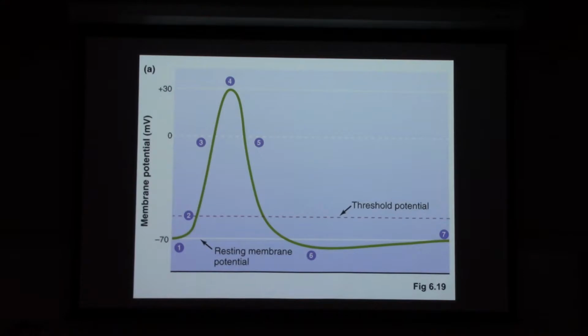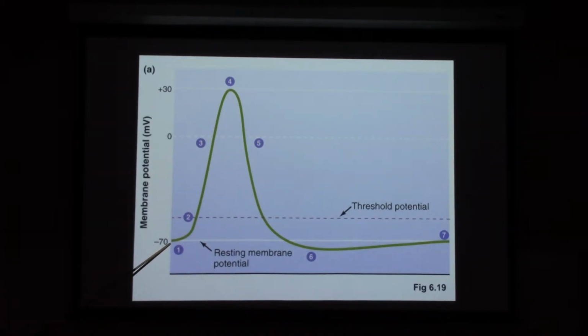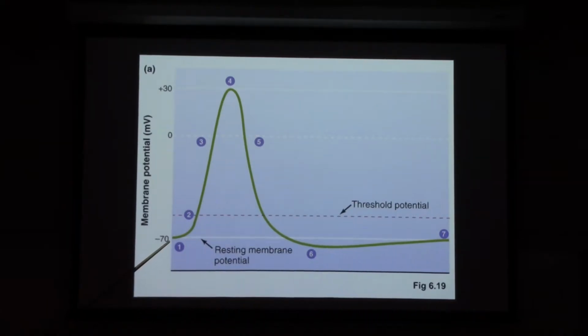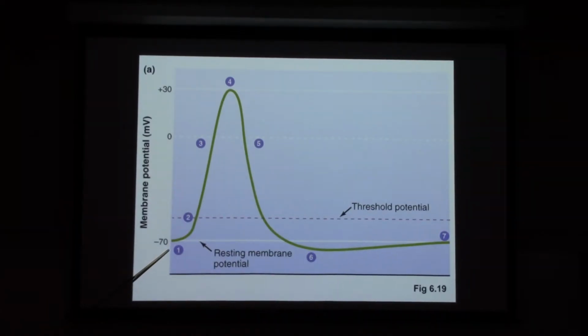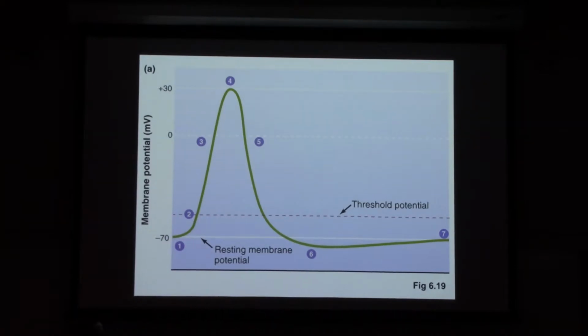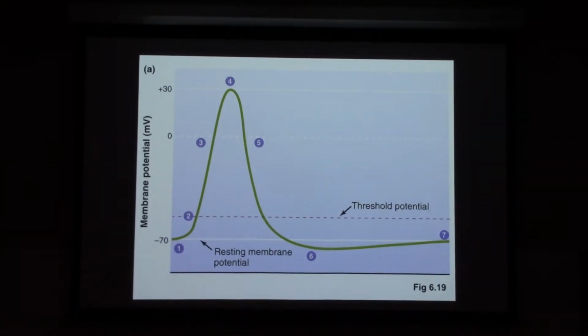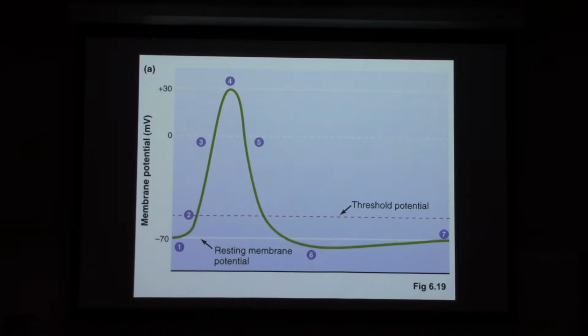All right, so this graph here, horizontal axis represents time. The vertical axis represents the membrane potential, the electrical charge across the cell membrane. And it really shows the entire action potential. But right now we're really just talking about step 1, before it curves up here. At step 1, same as step 7 over there, we've got this resting membrane potential where it's nice and stable. It's a negative membrane potential, and it's really driven by that sodium potassium pump.